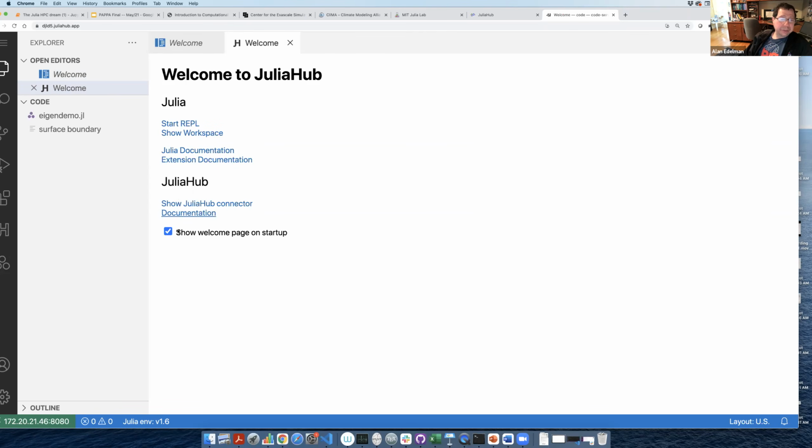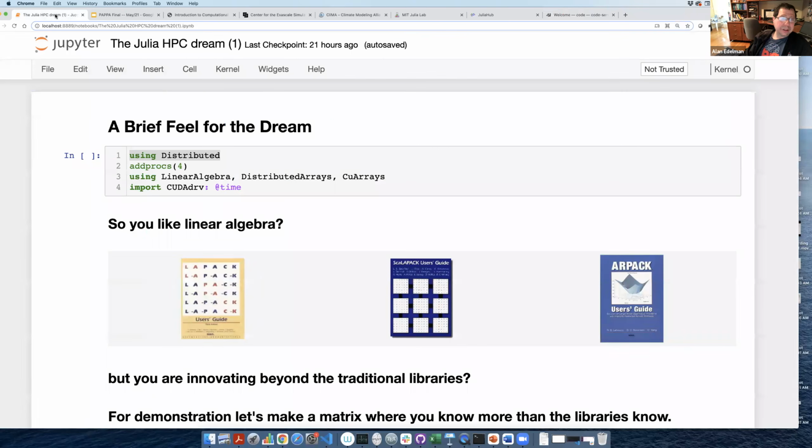You can get to documentation over here. There are a lot of things. What I'm going to do, though, is show you a real example of parallel computing in practice. I have this example that I shared back in the supercomputing world, and I'm just going to show you this example first. Here I have it in a Jupyter notebook, which I'm not going to use, but it has some nice pretty pictures. And then I have the same code over in VS Code.